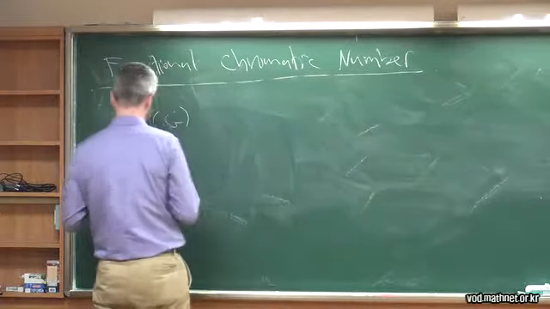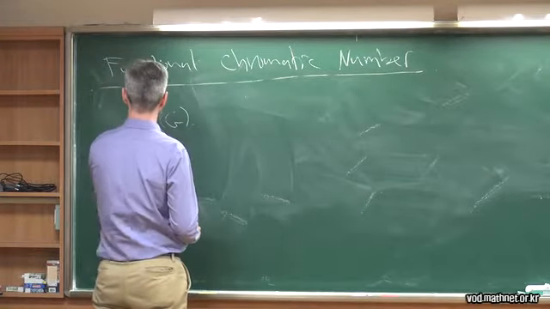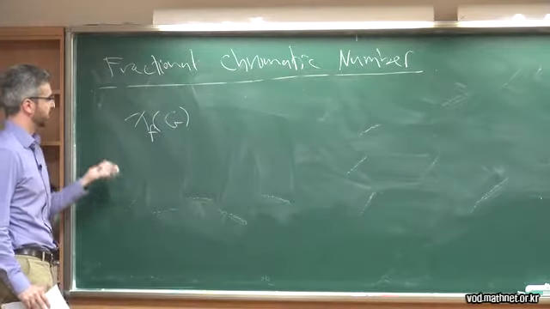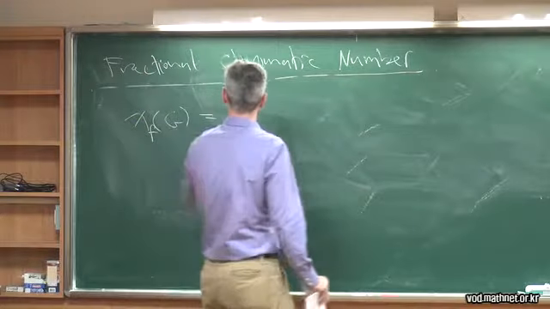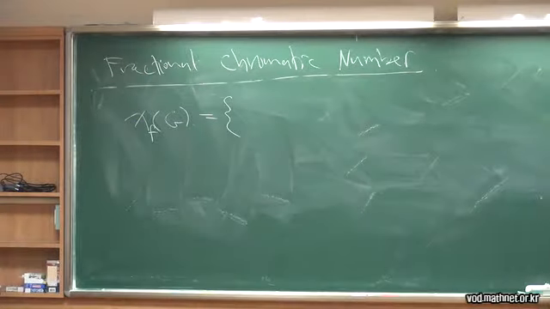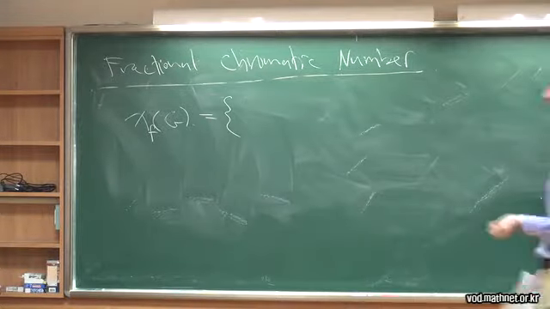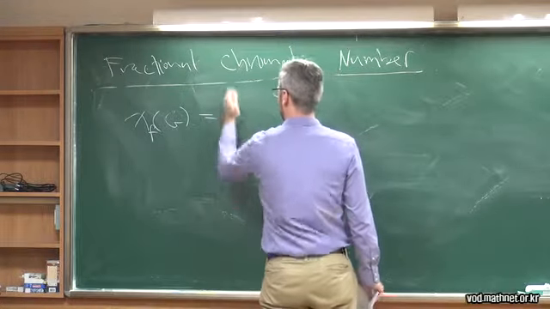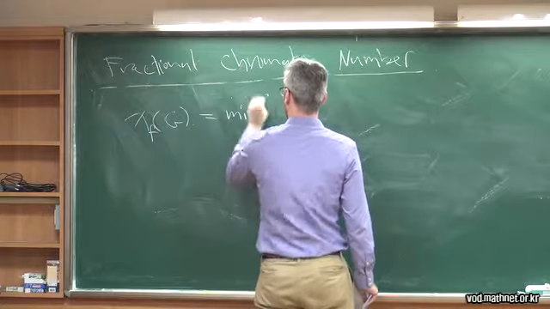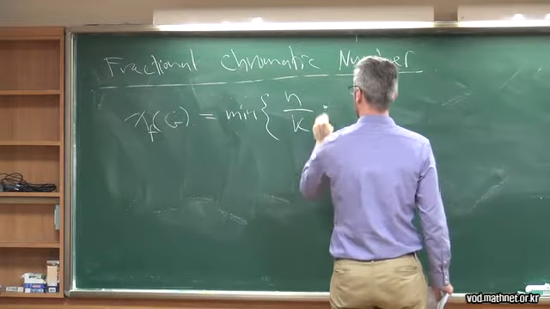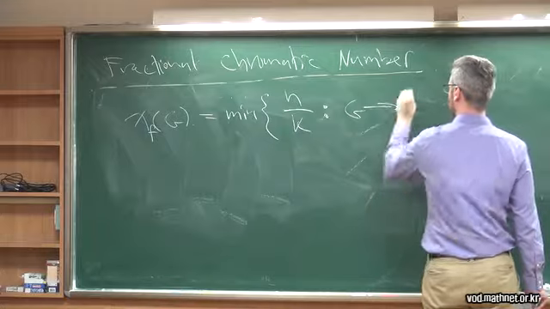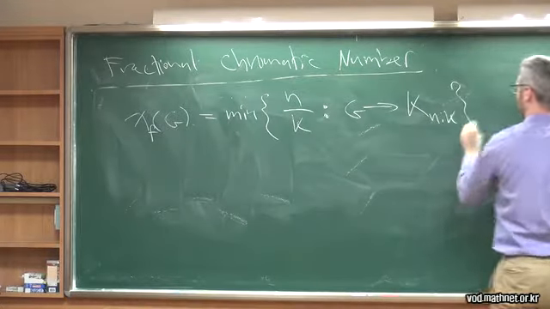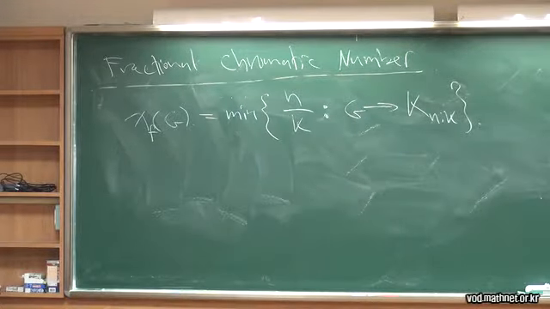So that's not a definition, but I'll call this chi sub f of G. And you can show that chi sub f of G can be defined, just as we looked at an equivalent definition of coloring in terms of homomorphisms, we can define chi sub f in terms of homomorphisms. So this fractional chromatic number is the minimum of n on k, so that G admits a homomorphism to the Kneser graph K sub n,k. So this Kneser graph